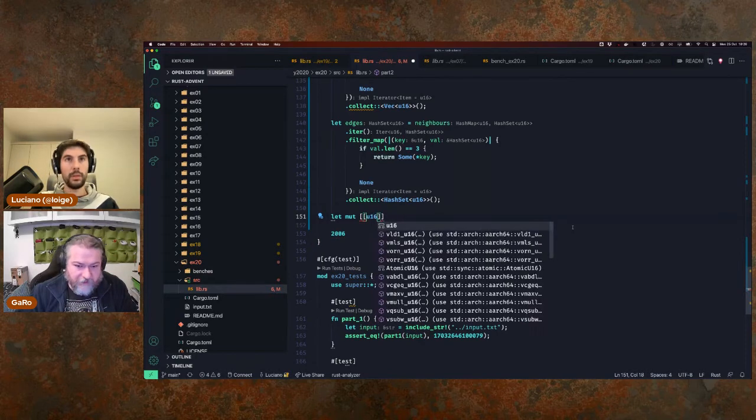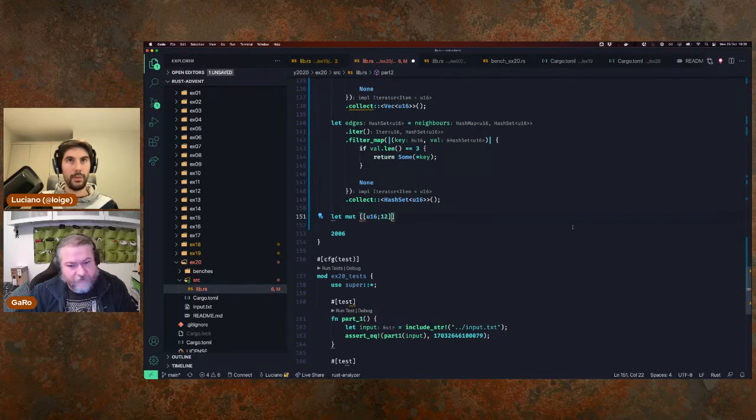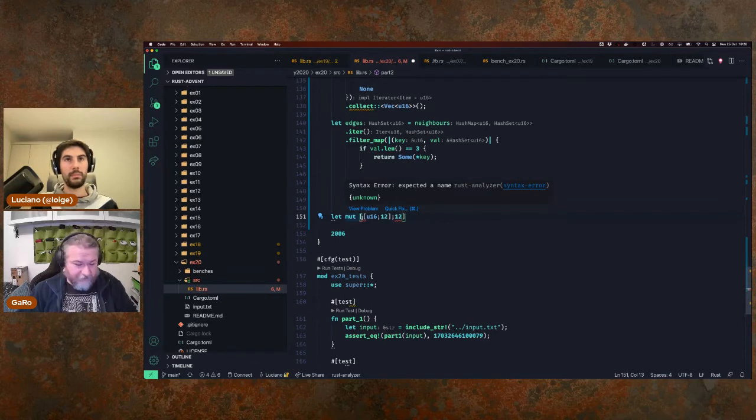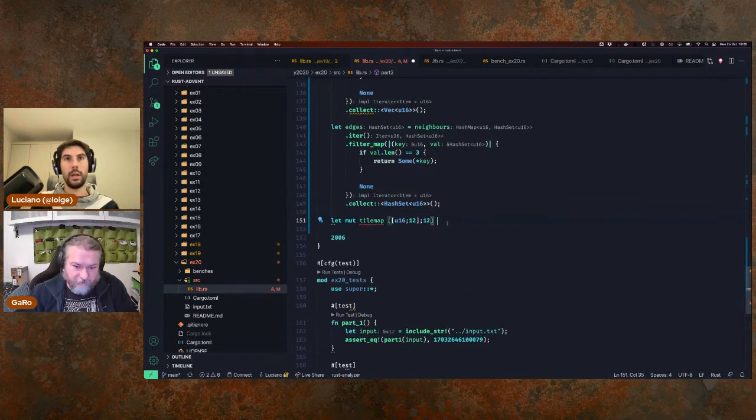U16, 12 by 12, 12, and then 12. What do we call it? Picture or tile? No, tiles, we already use tiles. Tile map. I like the name. And this is equal to